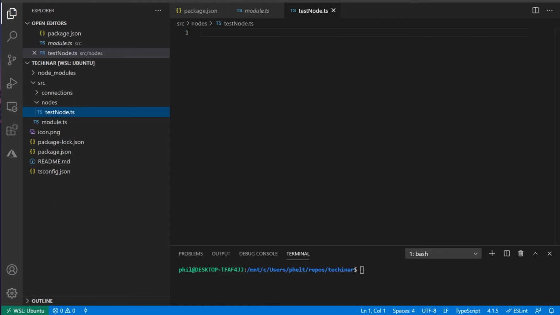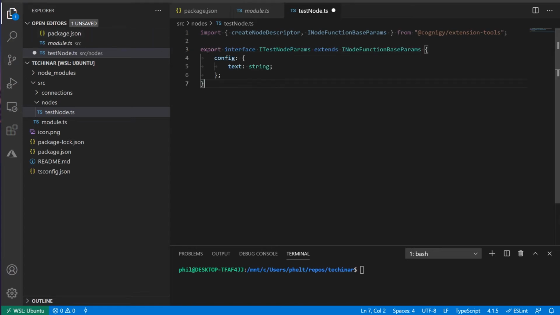Let's start with the node itself. First, we need to import the create node descriptor function from the Cognigy extension tools, and we're also importing some interfaces here, which we can later use to define an interface for the parameters that we're going to use in this node. Now, this is TypeScript specific.